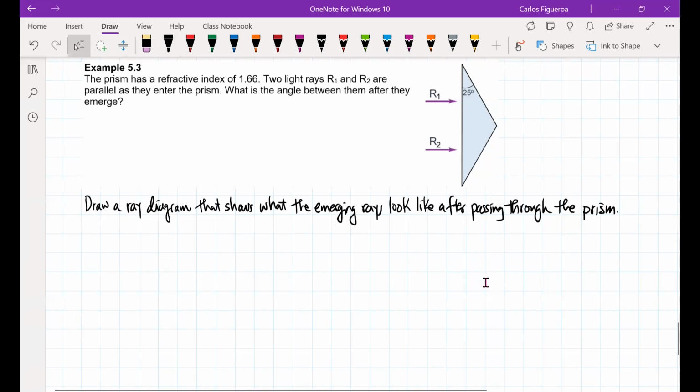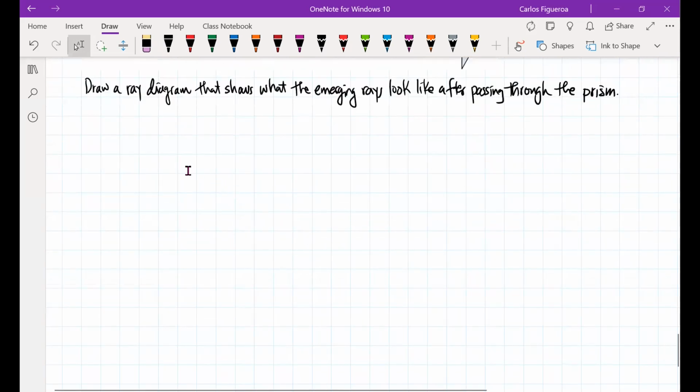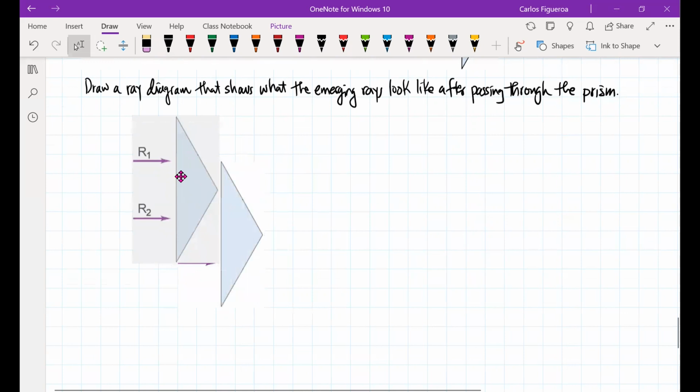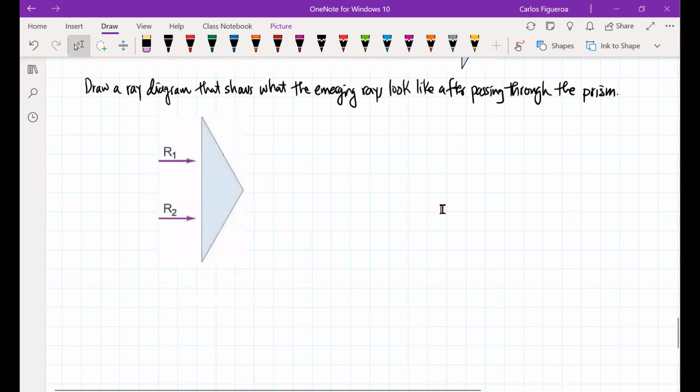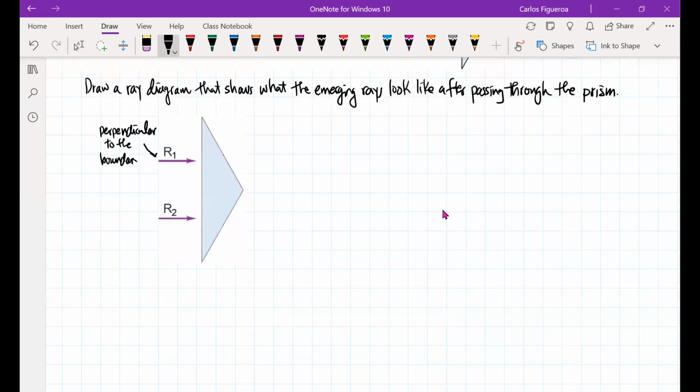So the first thing I'll do here is look at this image. And here's my ray image right here. I'm going to take a straight edge. The first thing to note is that ray 1 and ray 2 are perpendicular to the boundary. So these are perpendicular to the boundary,